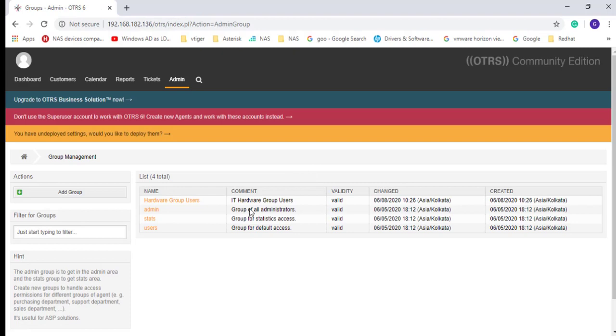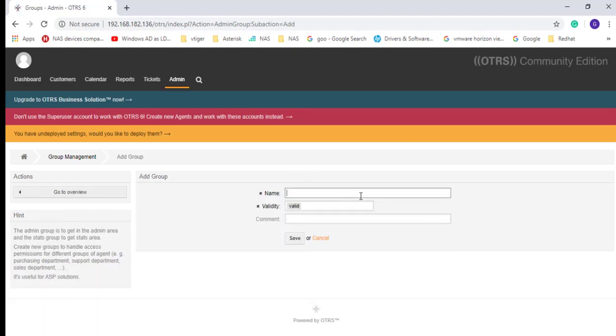There is a reason behind it. Add group. So create a group called coffee company group. Because it will help you to configure things in a more systematic manner, step by step.